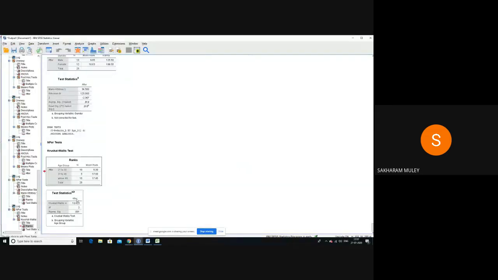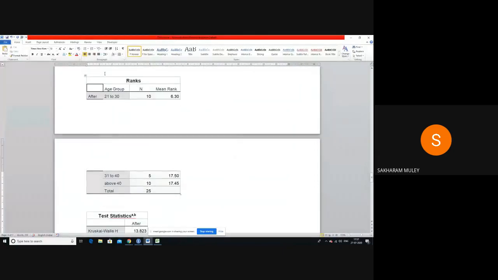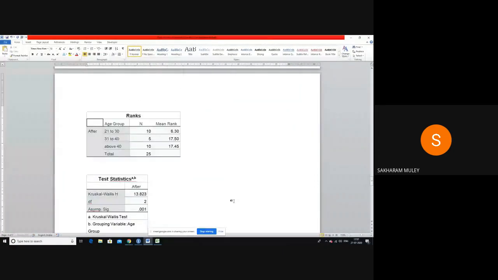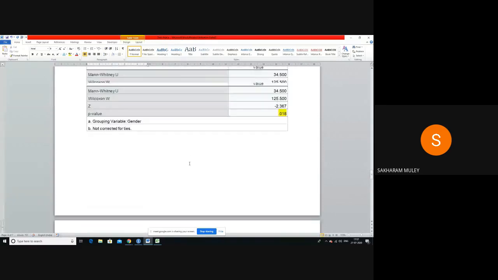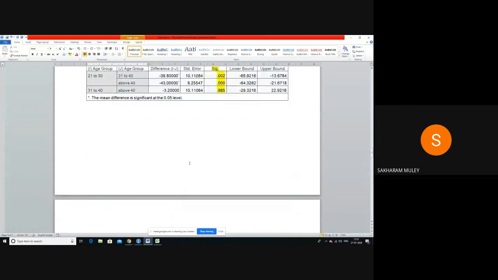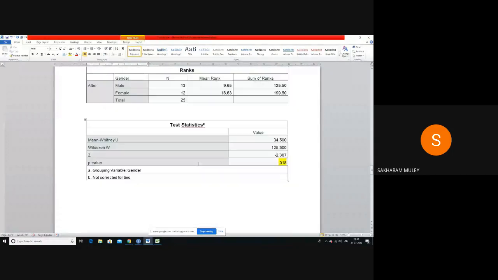So I will get a result. The result is the same as your Mann-Whitney U test because this is the extension of the Mann-Whitney U test, and you will find the rank, mean rank, and the interpretation of Kruskal-Wallis is p-value less than 0.05. This is the asymptotic significance, so we write p-value here. Less than 0.05 indicates that there is a significant difference between age groups. Now, as with parametric tests where we could find pairwise comparison, here we cannot, and we have to make extra effort for pairwise comparison.